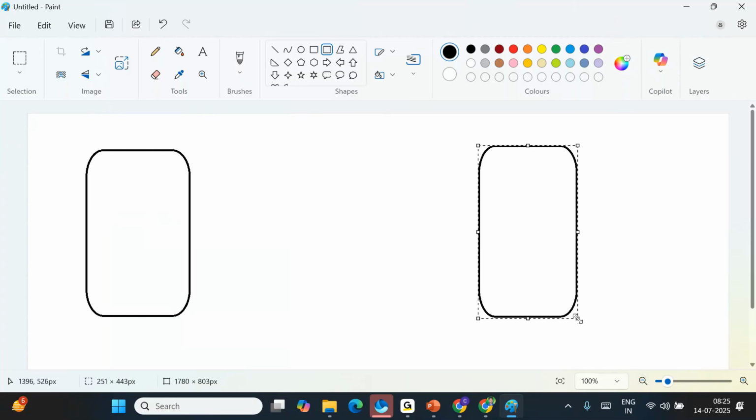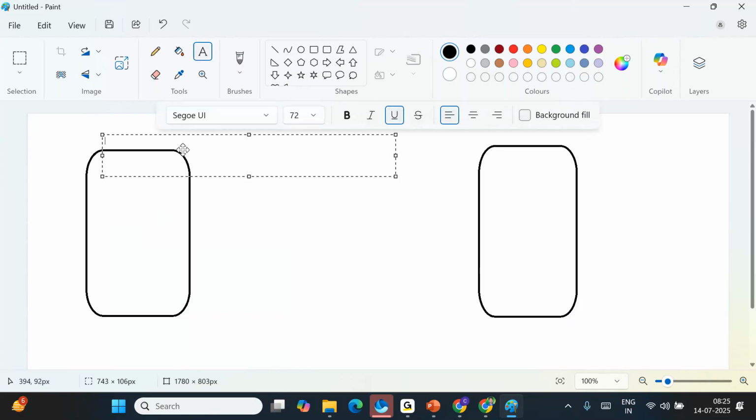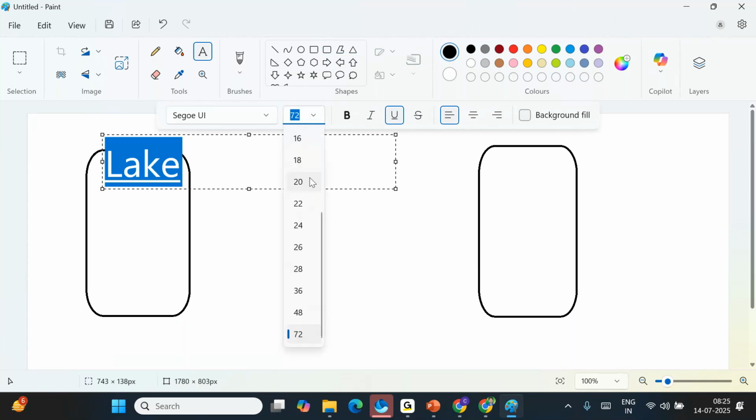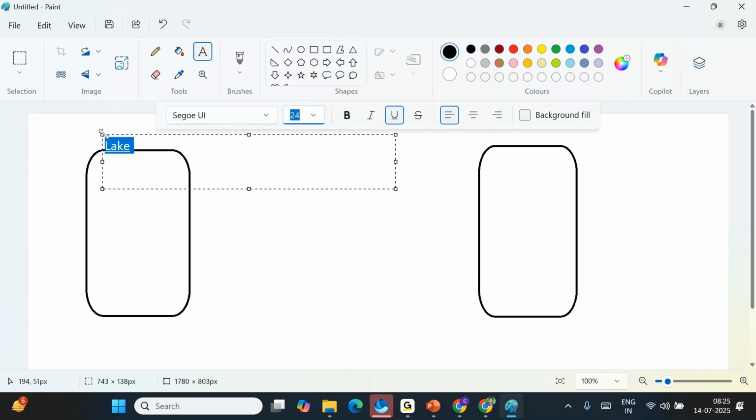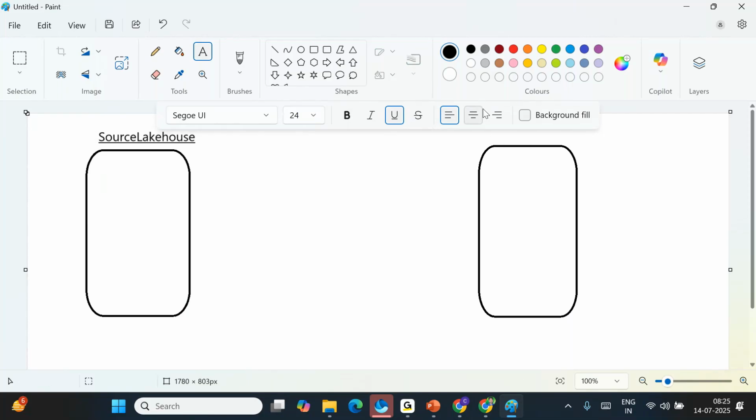Let's say I create two lakehouses. My lakehouses will look like this. This you can call a source lakehouse, and this is going to be our sink lakehouse, correct? Sink means our target.